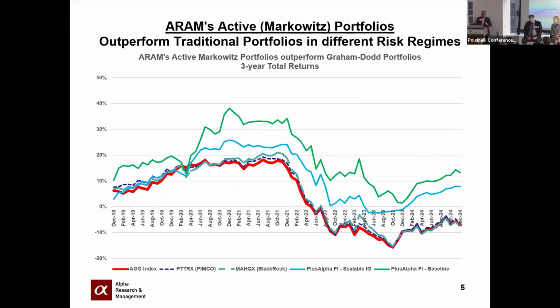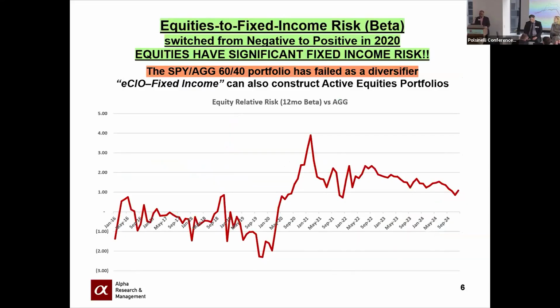So I don't mean to pitch this, but these are two of my systematic stuff. I don't use Graham Dodd, I use Markowitz, which is what Diego also uses from yesterday's introduction panel. And if you use Markowitz, which is risk targeting, as opposed to yield targeting to build portfolios, you can generate alpha, you can outperform and do all kinds of beautiful things.